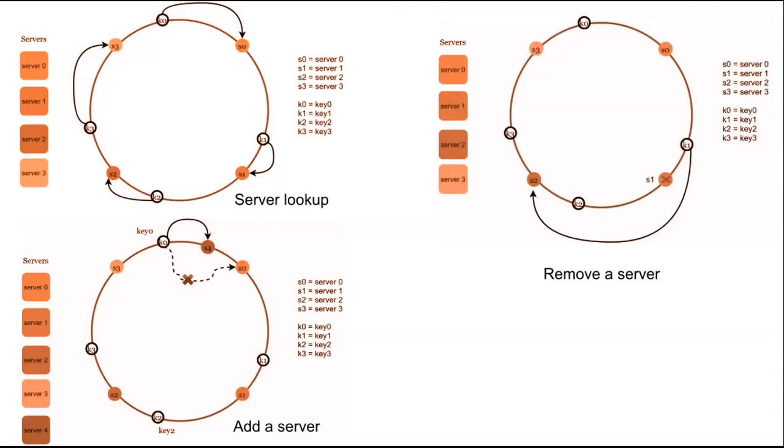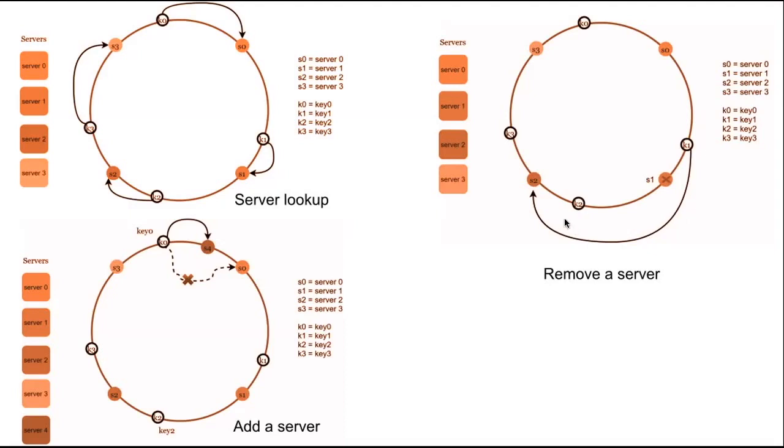So when a server is removed, only a small fraction of keys requires redistribution with consistent hashing, right? Here, as in the diagram, we try to remove server 1 from our hashing. Previously only K1 was mapped to server 1, but now since server 1 has been removed, the next clockwise server for it would be S2. So here also only